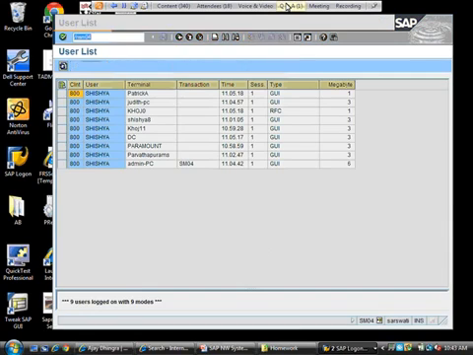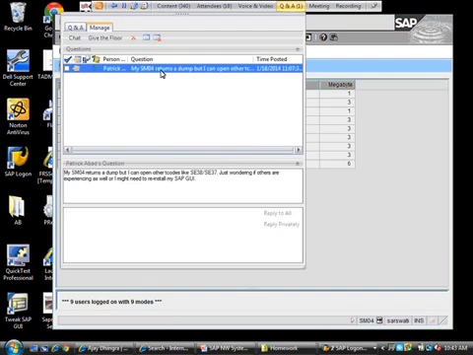So that was kind of just to convince you, others are not getting it, but I'm not sure where your SAP GUI is installed from. But SM04 should not typically dump. Again, we can look at that later on.